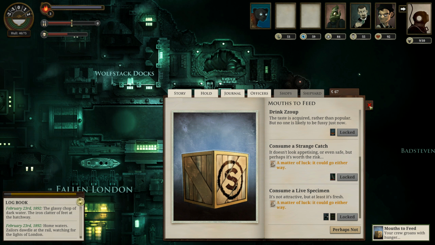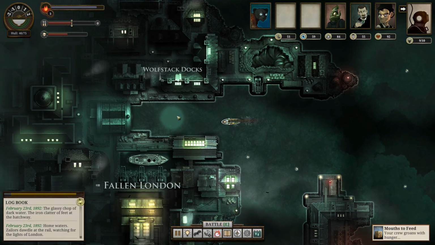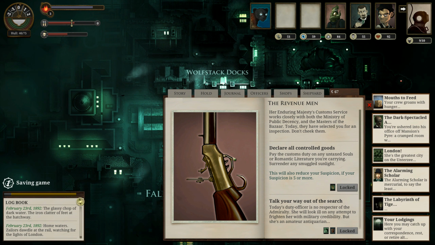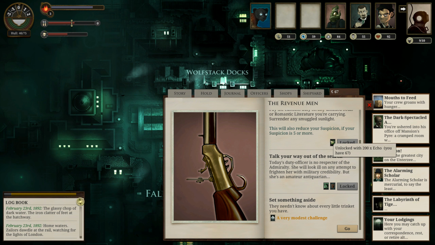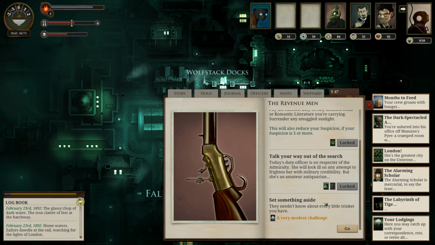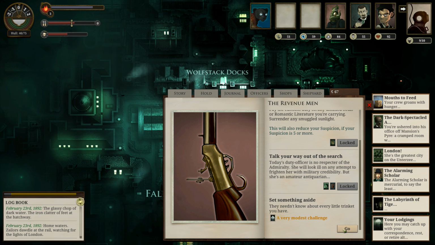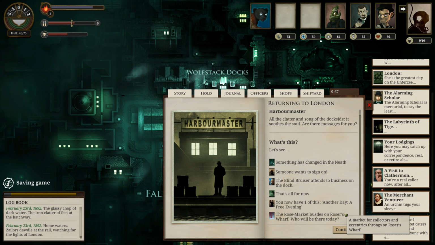But I do have mouths to feed, but I figure I can handle it when we get back home. So I don't quite know why I apparently can't just declare all contraband goods here. I think there's a fee associated with it, so I've got to put something aside or select that option, but I don't think I have anything. But maybe I did, and now it's just time to grab all of the stories again in London because we've made it back. We can sell off our